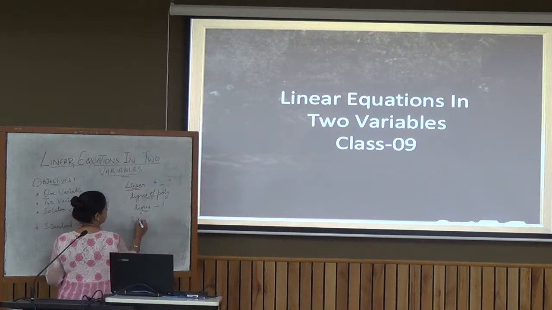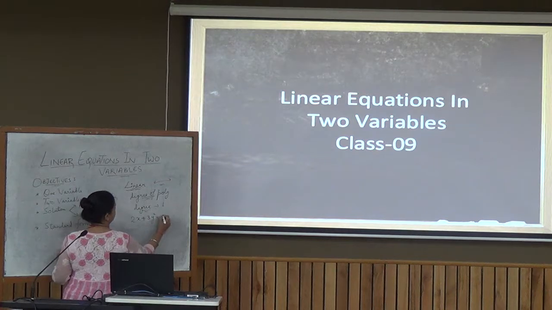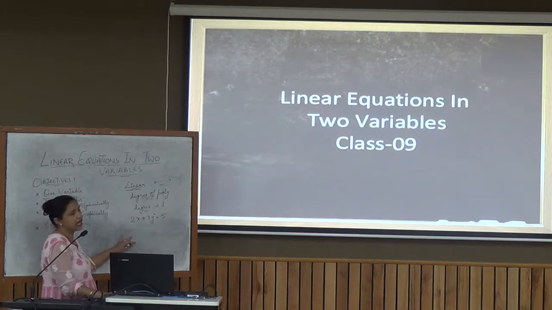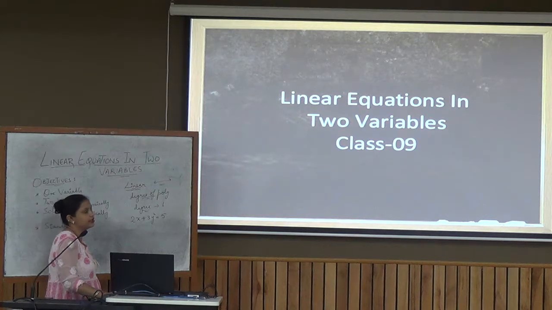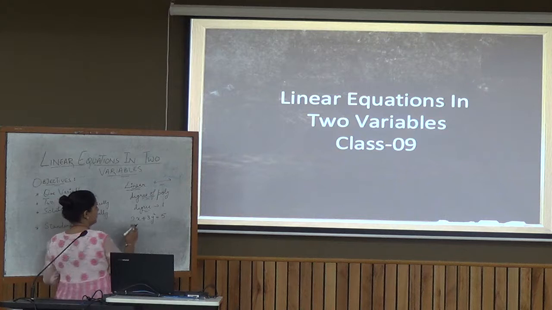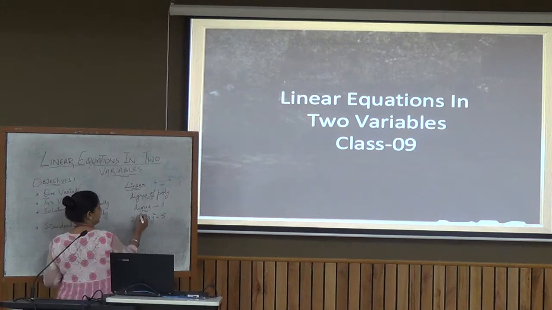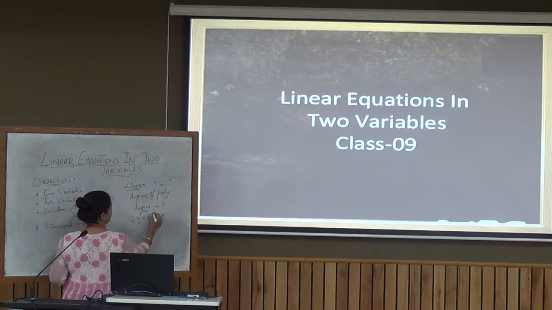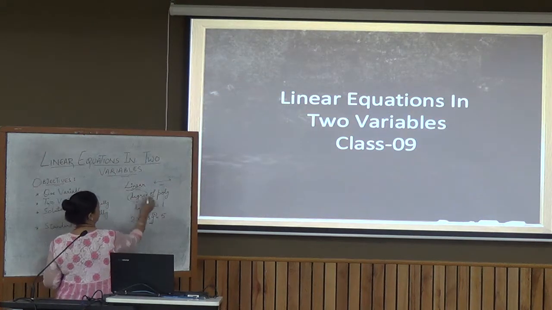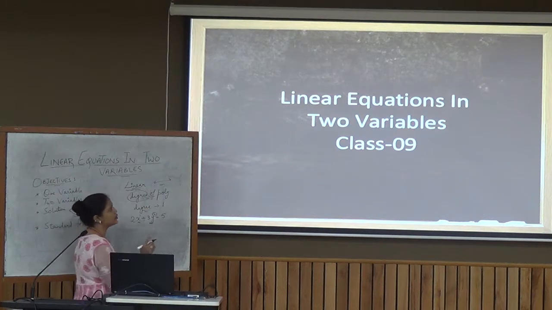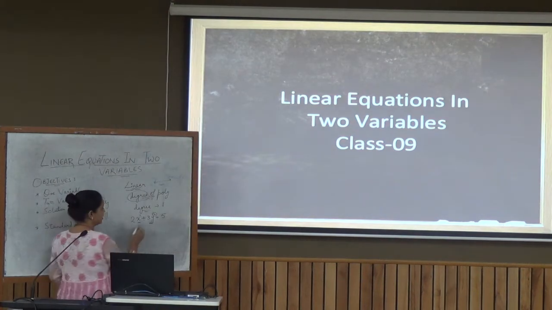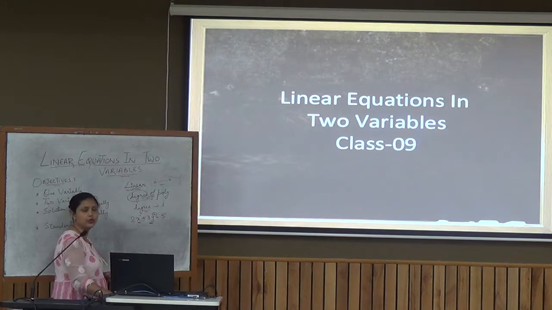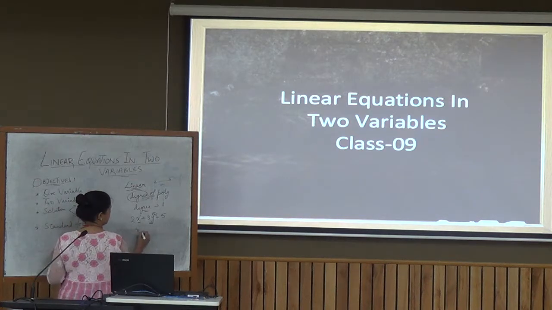Like if I am taking one equation, 2x plus 3y square is equal to 5, we can't call this a linear equation in two variables. Why so? We are taking two variables here, but the power of variable x is 1 and the power of variable y is 2. The highest power is known as the degree of the polynomial, and the degree should be 1 for this topic. Here the degree of the variable y is 2, hence we cannot consider this equation as a linear equation. So if I write some other equation,